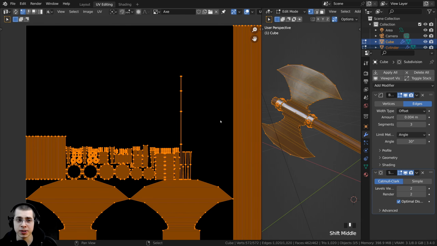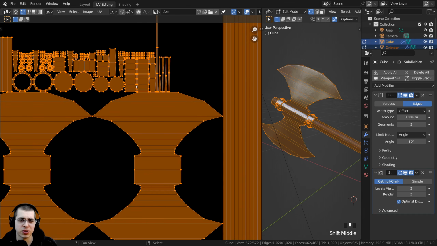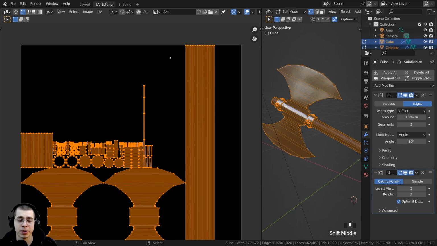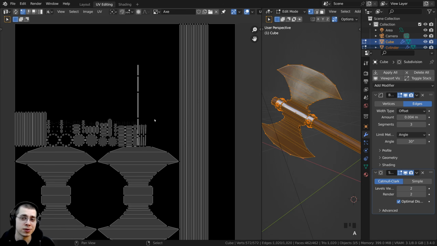There's a lot of pixel space right here that we're not actually using, and so when we bake the textures, it's not actually going to look that high quality because there are so many pixels here that we're not using in the image. So what I want to do is make the UV islands as big as I can, and that way we'll be able to use more of the pixels in the image. So what you can do is